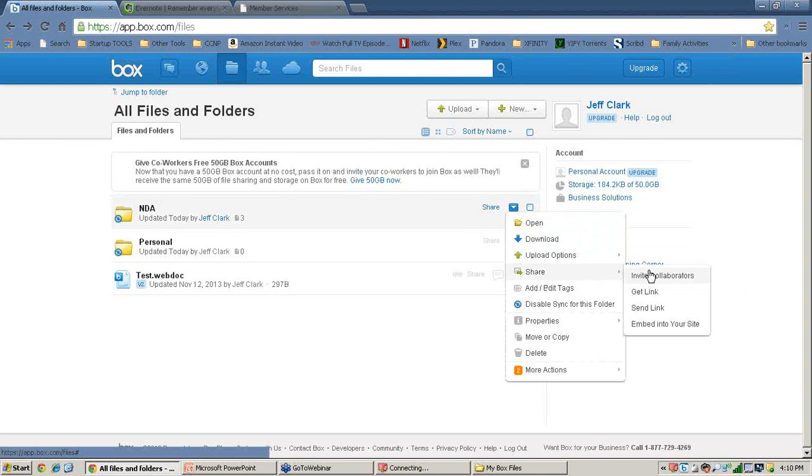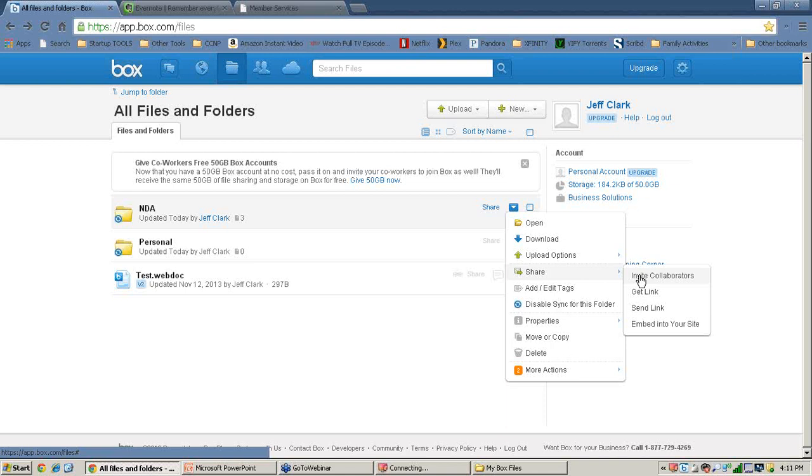So let's say that there's a project manager and he wants to share this with all the other individuals that are on the job site. You can set up a folder specifically for projects, drop stuff into that, and it would always be up to date. So, blueprints, any plans, any schematics, any documentation for that project could be shared with everyone that's involved in that project, and you simply invite them as collaborators.